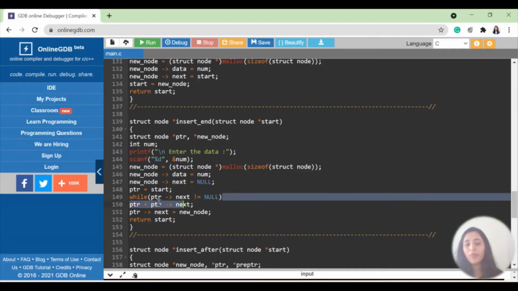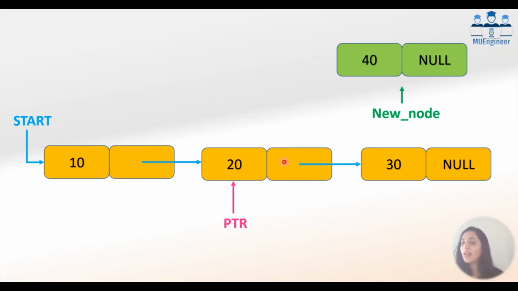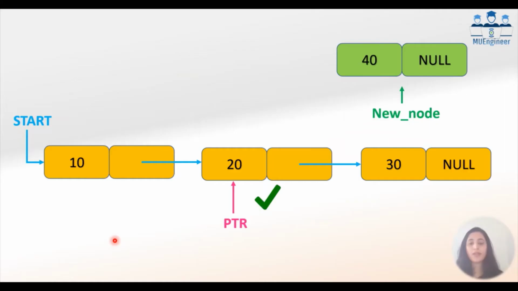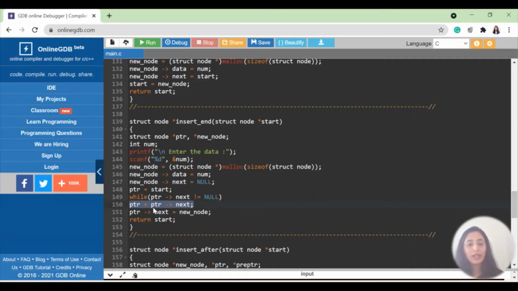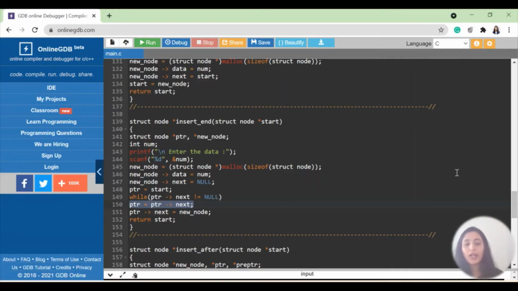Again I'm entering the while loop, and again it is saying while PTR.next is not equal to null. Again this next is not null because it's holding the address of some node. So the while loop is again true. That means I should do PTR is equal to PTR.next, so my PTR moves ahead. Now again I'll check the while loop: while PTR.next is not equal to null. Is it? No, here the condition is false because PTR.next is null. So my while condition is false, and when the while is false, we come out of the while loop.